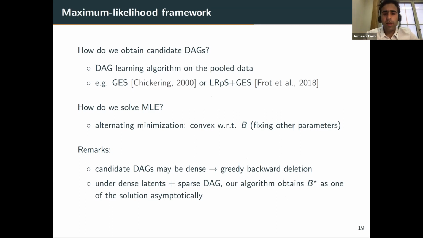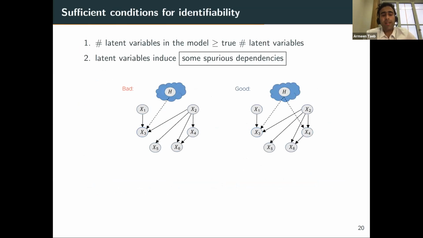Okay. The natural question here is that, maybe we can find one of the solutions. Can the MLE find the population model under certain settings? In other words, do we have identifiability guarantees? And the answer is yes. And we need certain assumptions for this. One is that the number of latent variables in the model is greater than or equal to the true number of latent variables. The second is that the latent variables induce some spurious